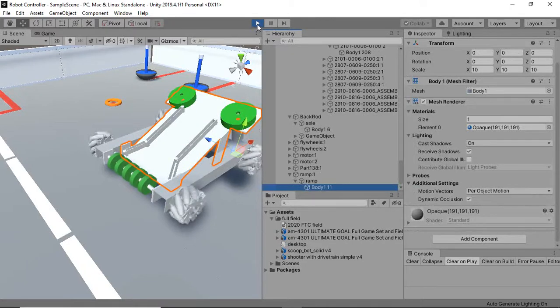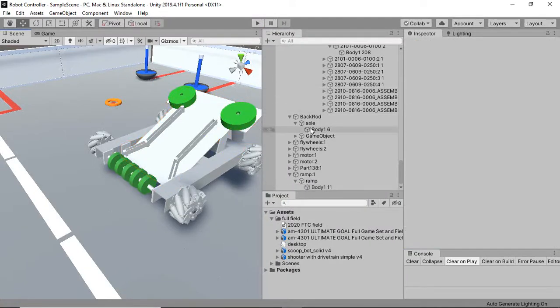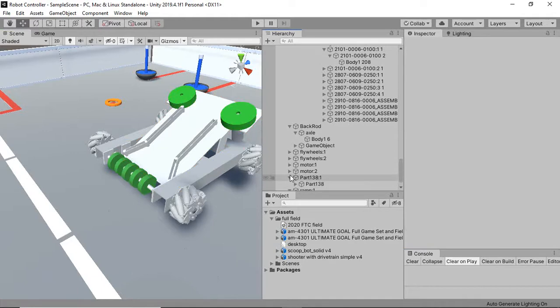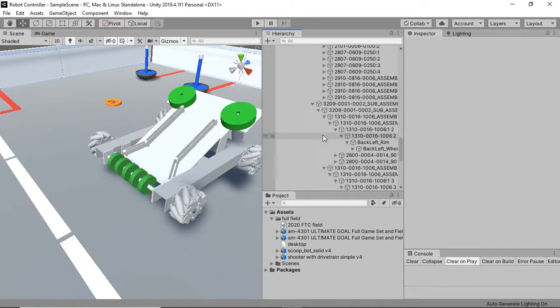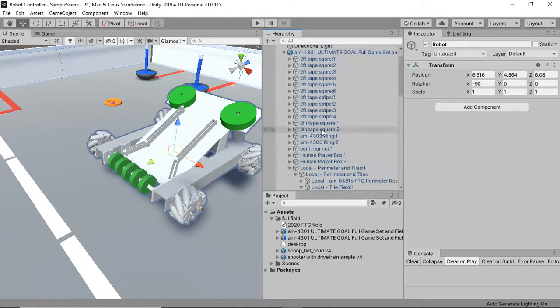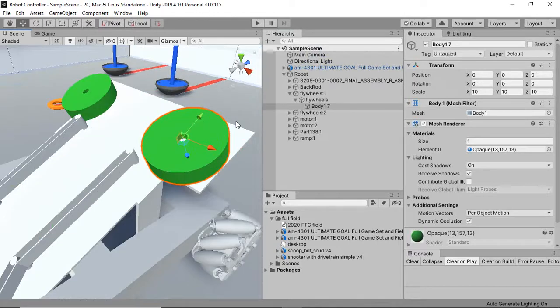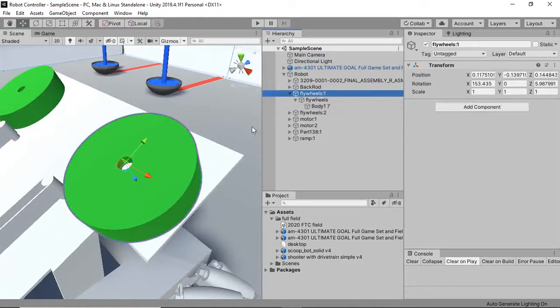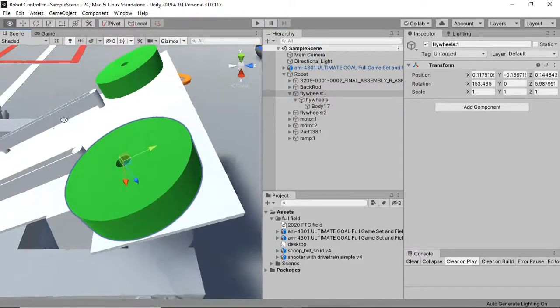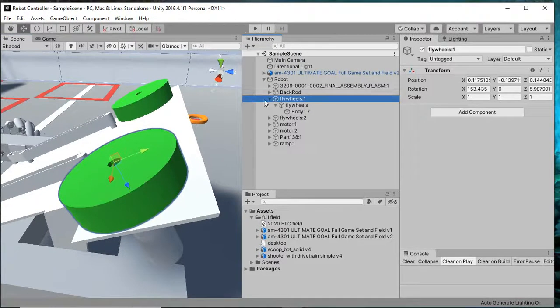So the last step is the front two wheels, which we are going to work on. We are going to rotate them as well. But before that, let's point out, let's select where these wheels are. So this is the flywheel one, and as you can see